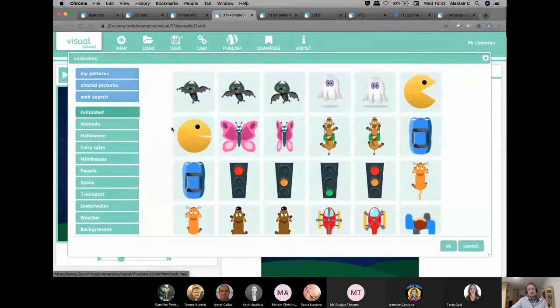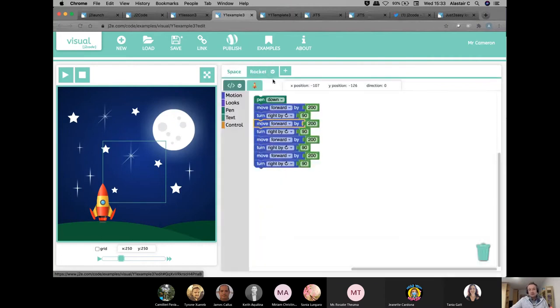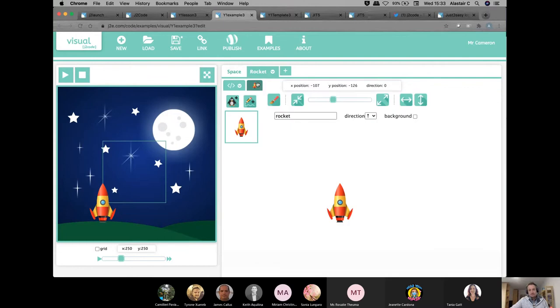Now, oops. And what I did there was I clicked on the background itself. So I've clicked on, if you see at the top here, you've got two objects. You've got the background, which is called space in this example, and you've got the sprite, which is the rocket.